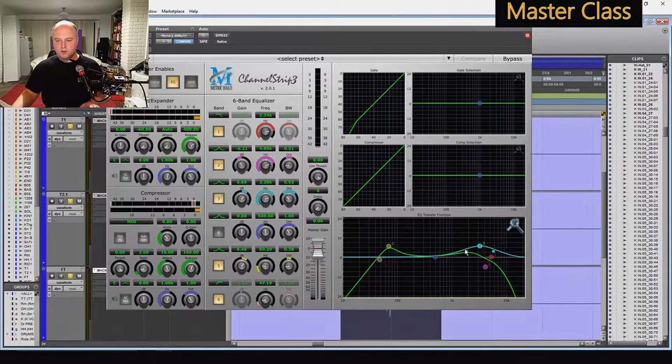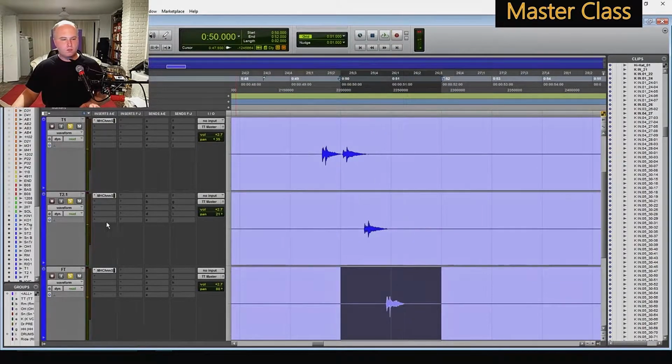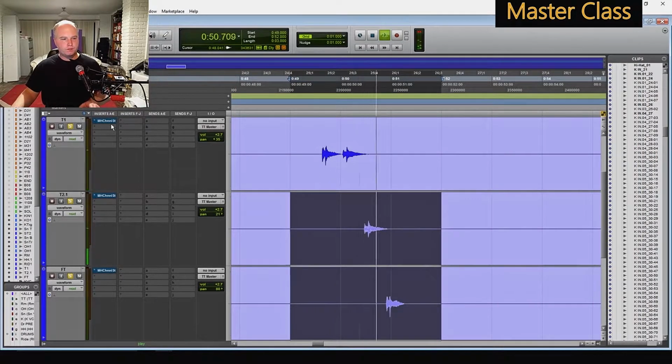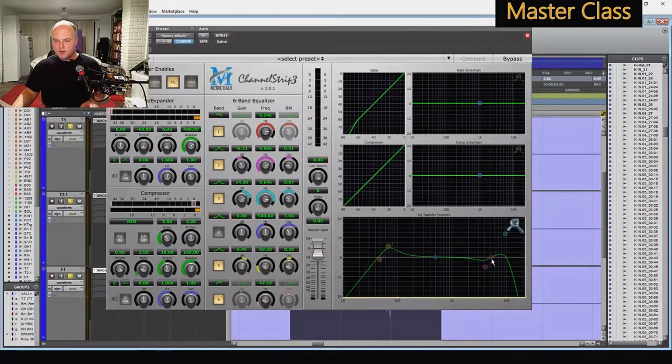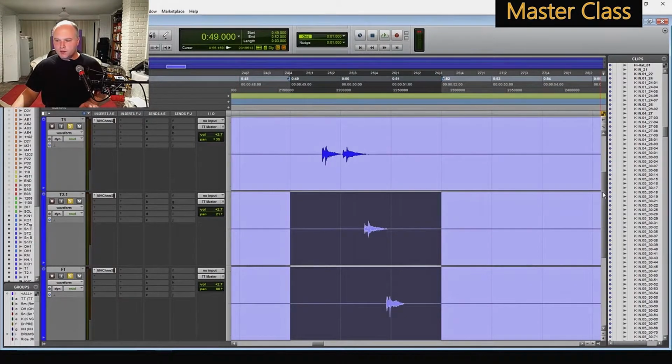And see if I can find a bit of the upper frequencies without. Yeah, okay. I'm going to leave that boost out. Right. So